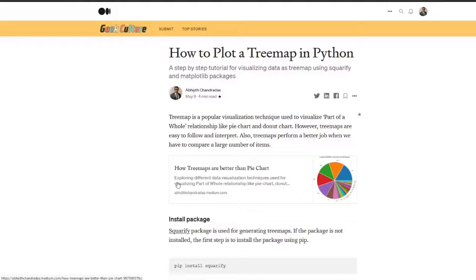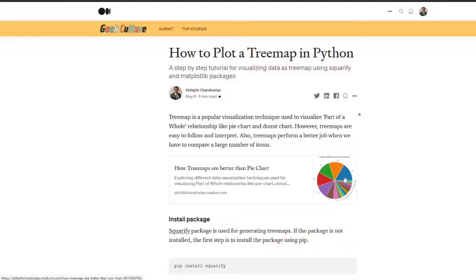However, a tree map is much better than a pie chart in visualizing the part-of-a-whole relationship. I have written another Medium article in which I have mentioned why a tree map is better than a pie chart, so you can check that article also.